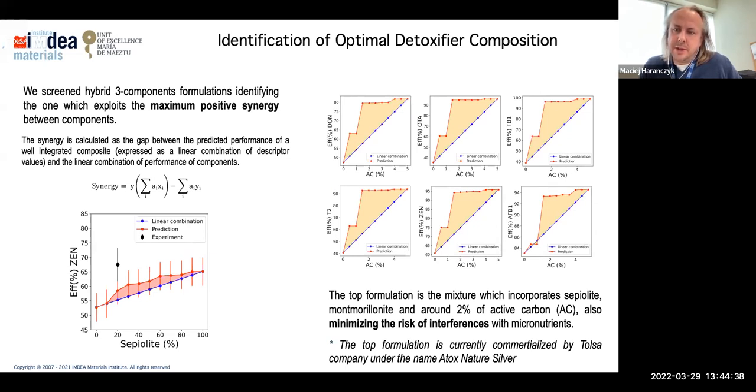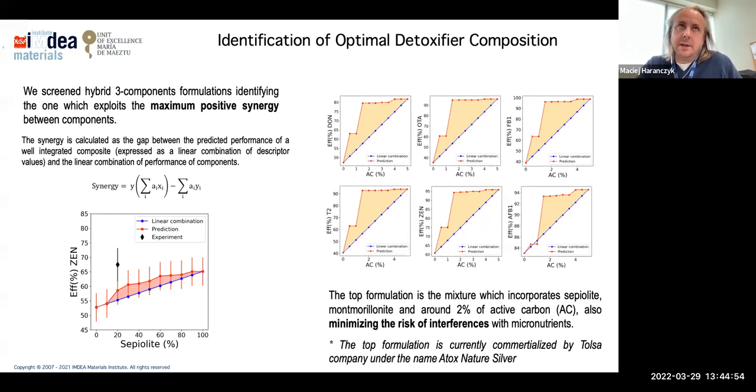The final composition that we identified is actually commercialized by Tulsa and can be bought under the name of Atox and HS Silver.